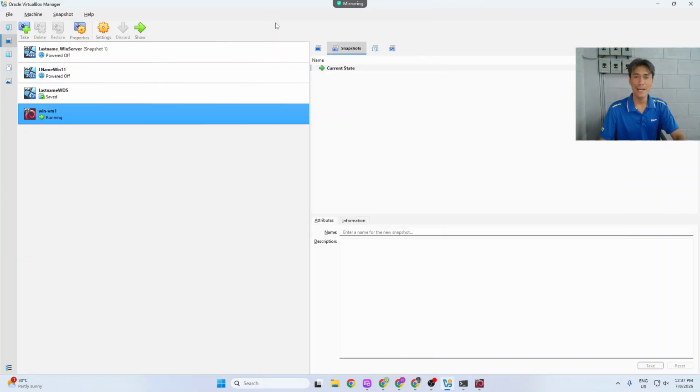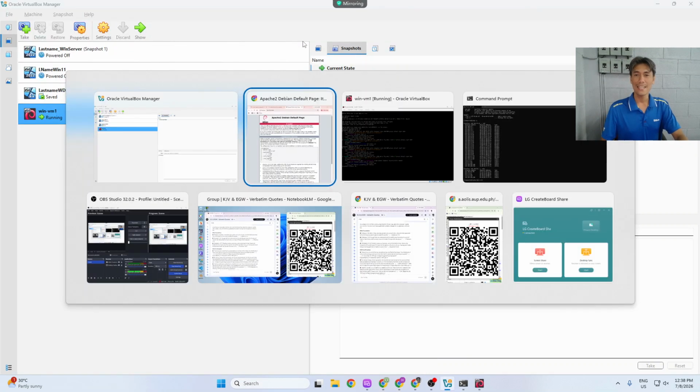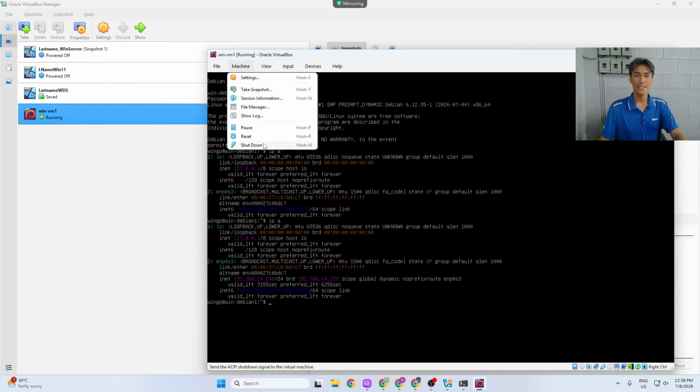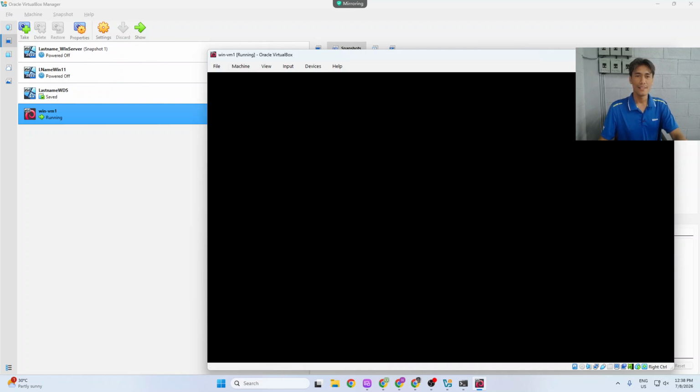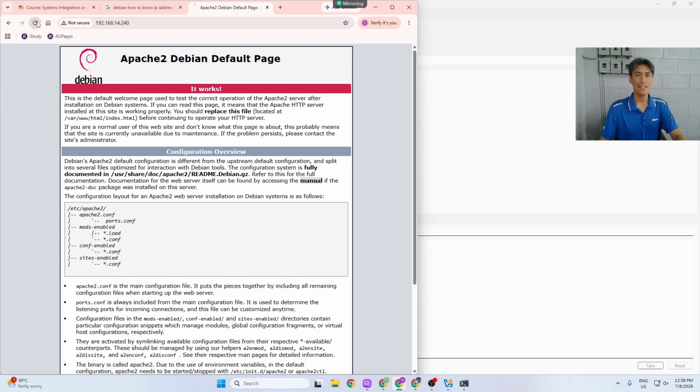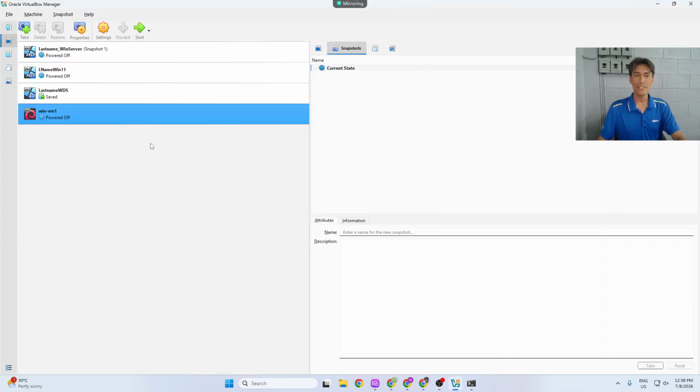Let me shutdown the machine to see if it goes away. Let's shutdown and see if it disappears. Shutdown. Just to make sure that we are looking at the real Debian. Okay, I click reload and it's not there anymore. That means that's it, correct? It doesn't load anymore. So when we start it again,